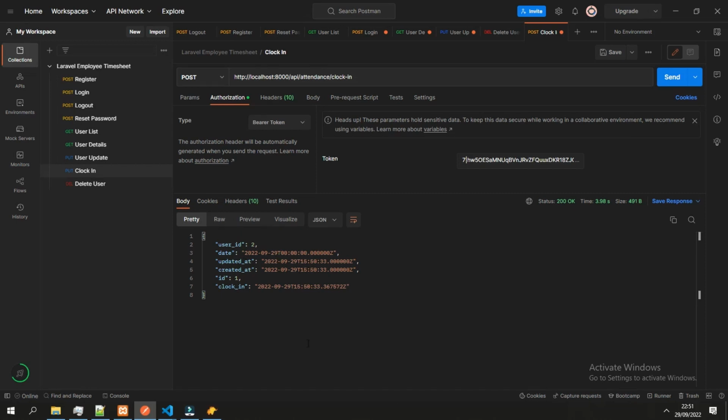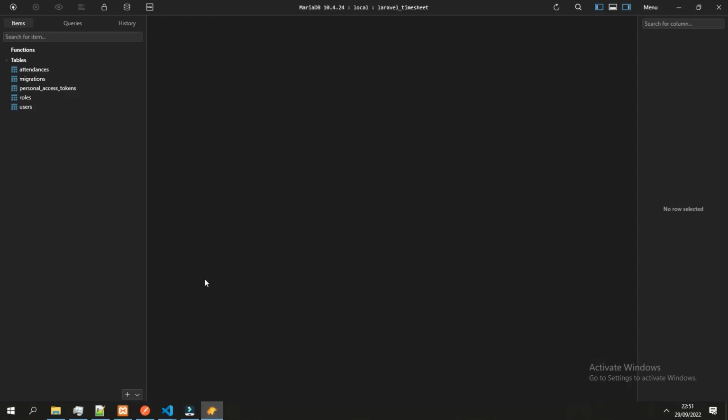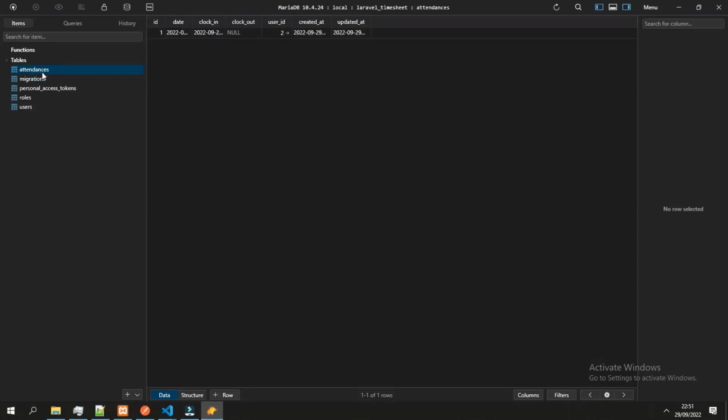Now if we check in the database, we can check on the attendance, and we can see that the first attendance object is already created. The data is saved in the UTC format. And now let's continue to the clockout API.